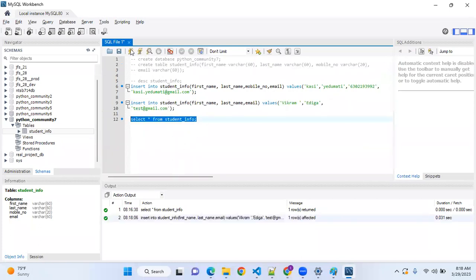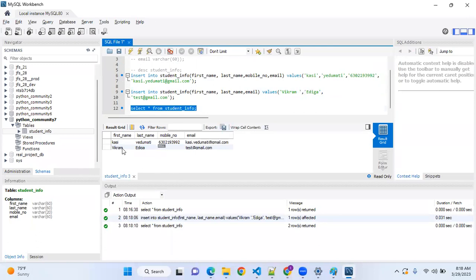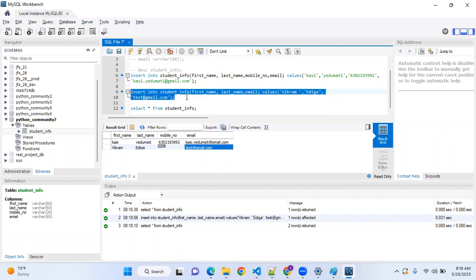But if you go to the database, for the Vikram record, the mobile number is inserted as null. So the default value of any column, if you don't pass any value, will become null. That's the beauty of the first syntax case. If you don't know some column values, you can ignore them and insert whatever values you know.